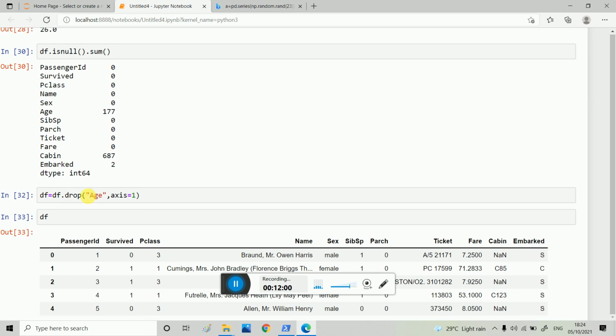There is another method to drop a column.